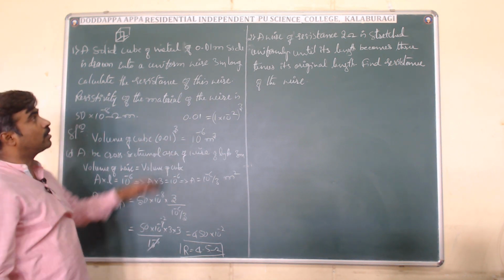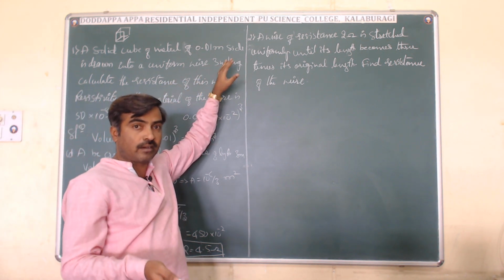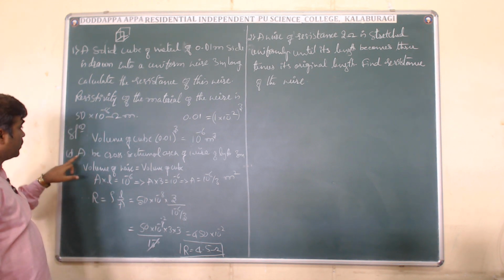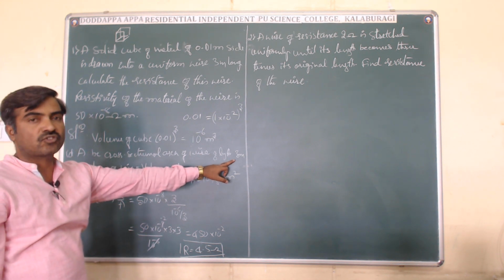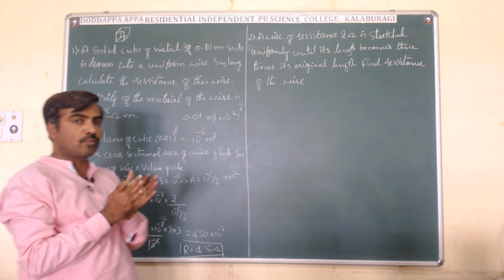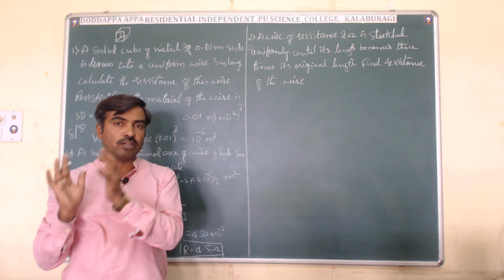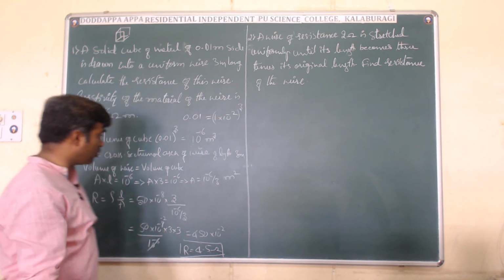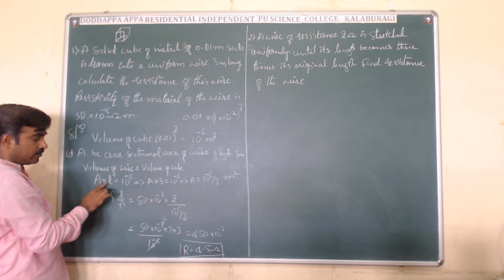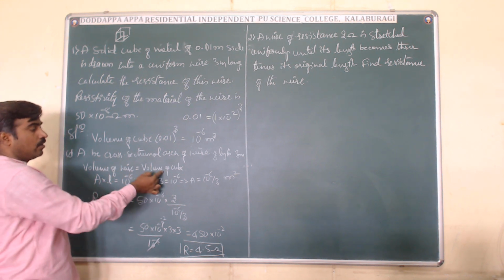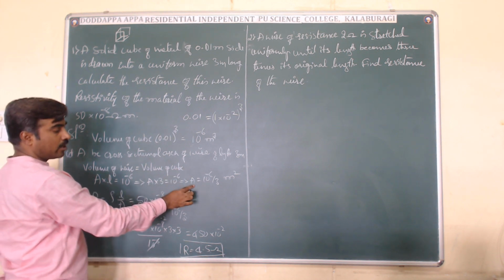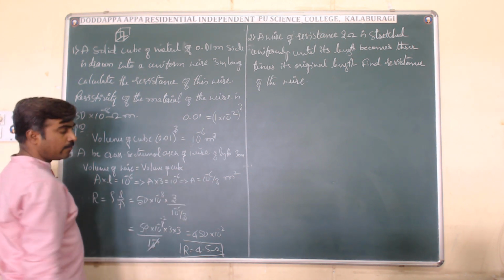Next, let the wire, the changed cube in the form of wire, have a cross sectional area A. So this length is 3 meter. The volume remains the same. It may be a cube, changed into the length of the wire, so the volume of the wire is equal to the volume of the cube. That concept I have taken here. Volume of the wire is length into cross sectional area. Volume of the cube is 10 raised to minus 6. Hence A has to be calculated, and cross sectional area is 10 raised to minus 6 divided by 3 meter square.